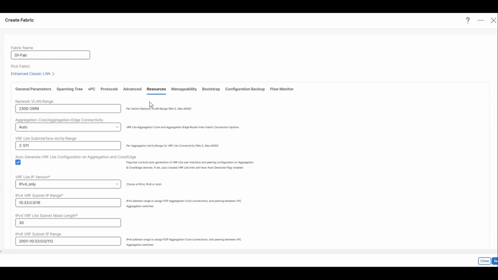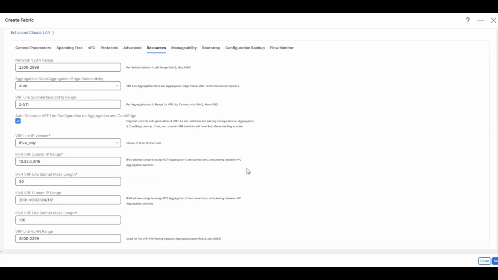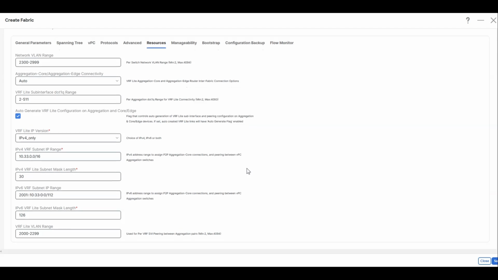This is going to change the IP subnet IP range. We're going to change from 33 to 34, 35, and in the IPv6 we have the subnet IP range. We're going to change it to 2001::10:33. We're going to change it to 35. Okay,